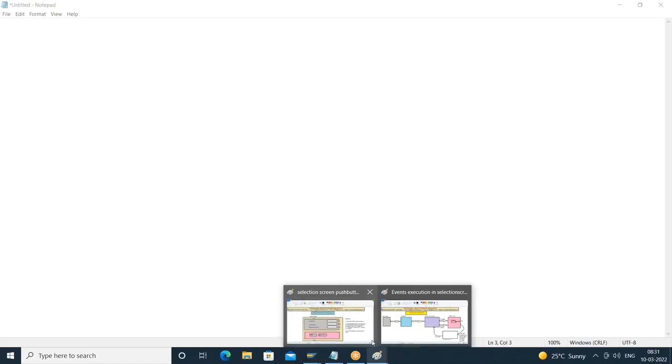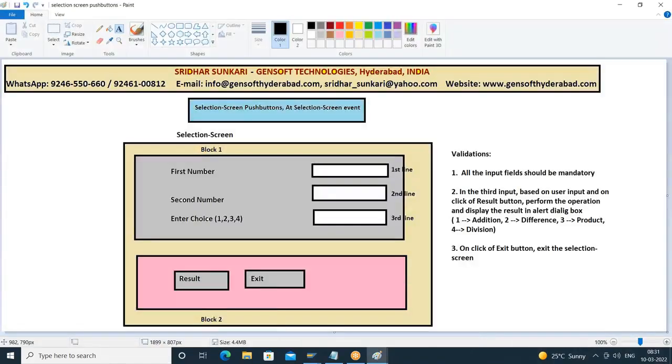So yesterday we have seen how to design the checkboxes and the radio buttons on the selection screen. In continuation to these selection screen elements, let us see this example. My requirement is